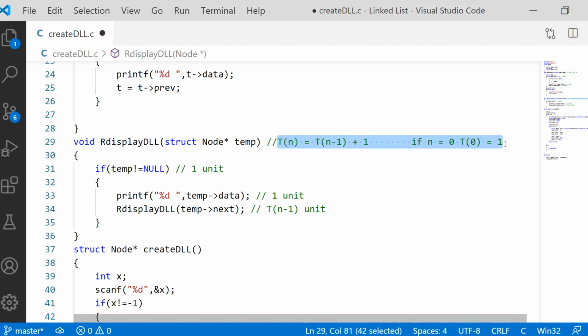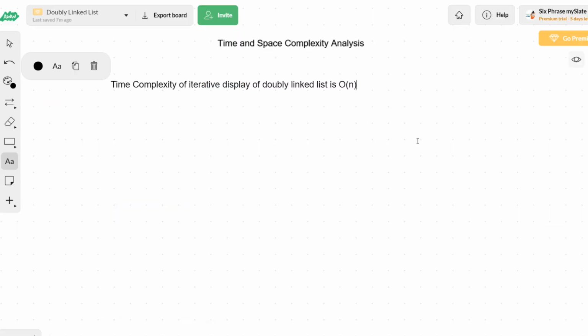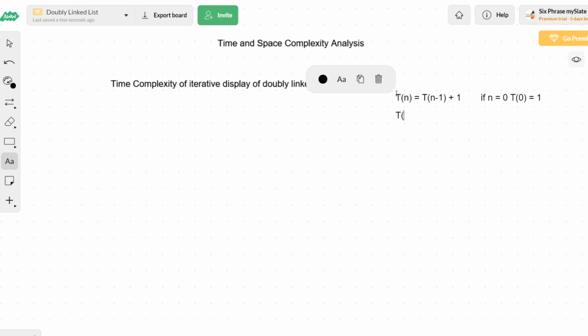We are not going to solve it now. We already know the answer of the same recursive function that we have been implementing in more than 10 concepts again and again. So taking this recurrence relation, we already know that it will be giving us the equation t of n is equal to 1 plus n. You can just rewatch some of the previous video where I have solved the same recurrence relation. So t of n is equal to 1 plus n will be the final answer.